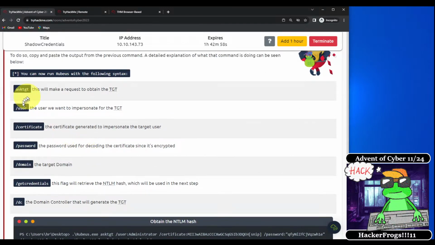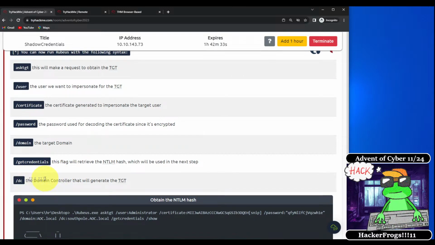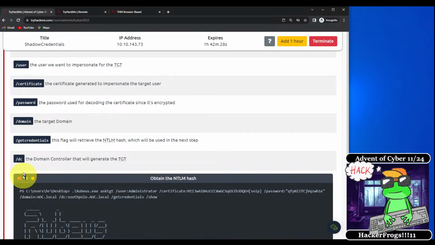Alright, so we're going to make a request to obtain the TGT, and this is the user we want to impersonate for the TGT. We're going to get the certificate generated to impersonate the target user, and the password used for decoding the certificate since it's encrypted. We're going to include the target domain, and this flag is going to retrieve the NTLM hash, which will be used in the next step. And this particular switch is going to be the domain controller that will generate